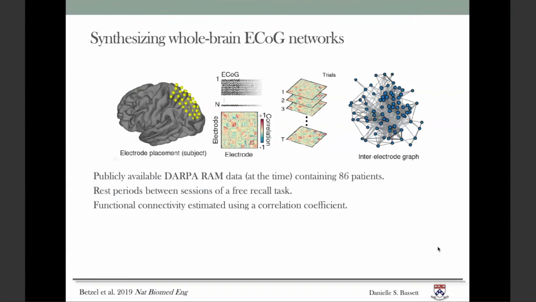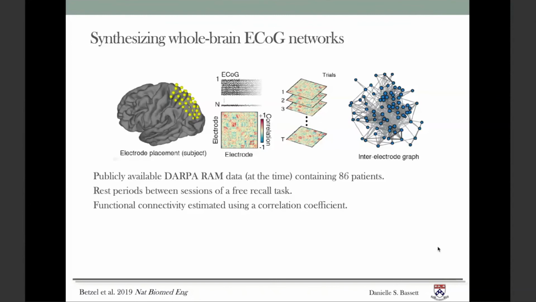What I'm showing you here is just for a single individual and for a particular trial in between the free recall task sessions. We have sparse sampling, but from every electrode to every other electrode, we can calculate the correlation coefficient, and then we can do that for every single trial. We can collapse all of these down into a single inter-electrode graph by averaging these together across the different trials